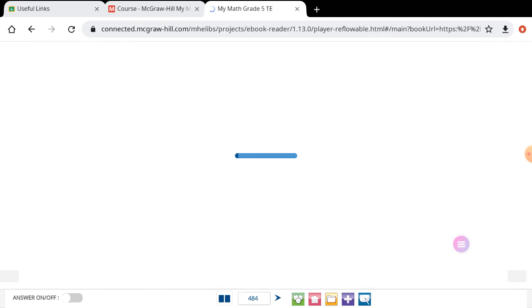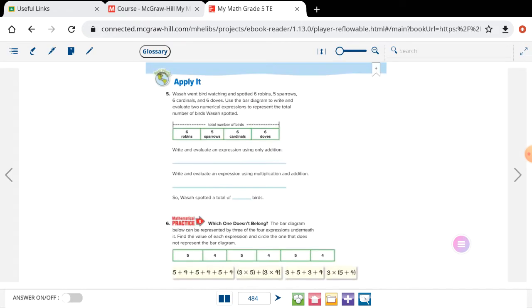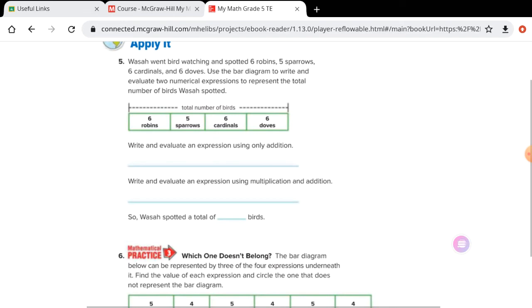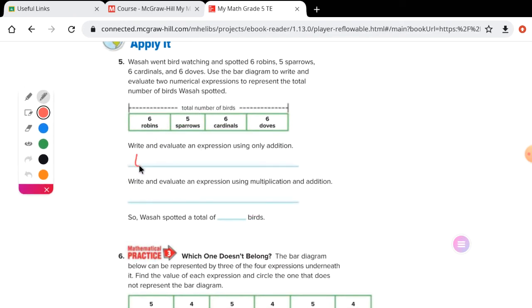Who can give me the addition sentence that's shown? Ty, can you give it to me? What's my addition sentence for number 5? 6 plus 5 plus 6 plus 6. Okay, he did 6 plus 5 plus 6 plus 6. He went in order. Did anybody have something that they think is still correct, but it's not exactly the same